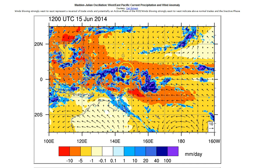And these are wind anomalies, differences from normal for this time of year. Here's Australia, Philippines are out here. This is the West Pacific, dateline's right here. We have easterly anomalies. This is not what we want to see. We want to see westerly anomalies. And this is the first time we've seen any easterly anomaly at all this year, which is actually pretty remarkable